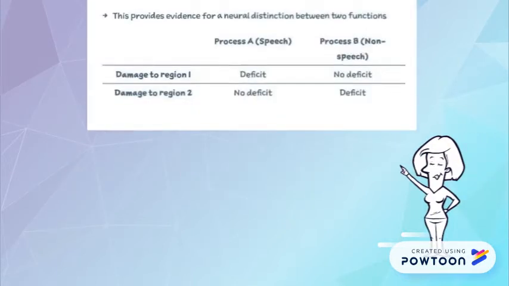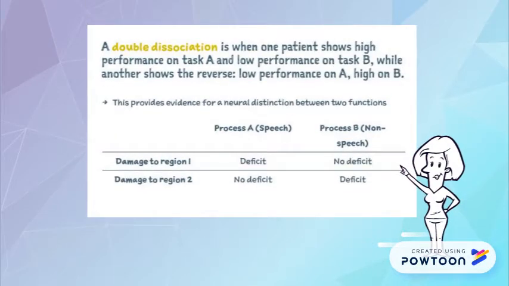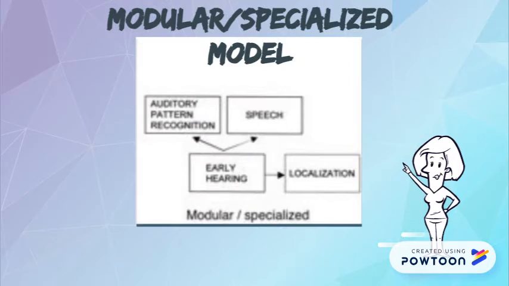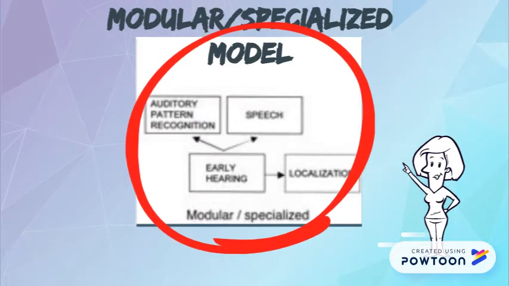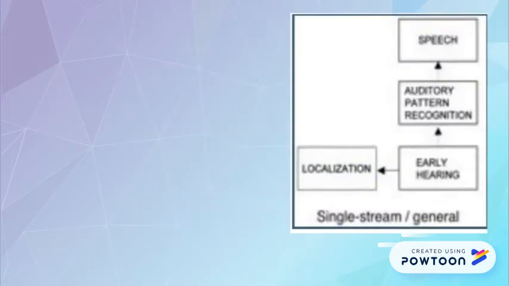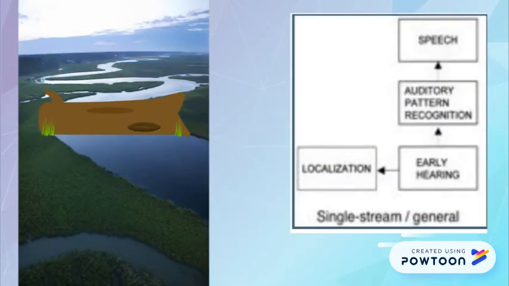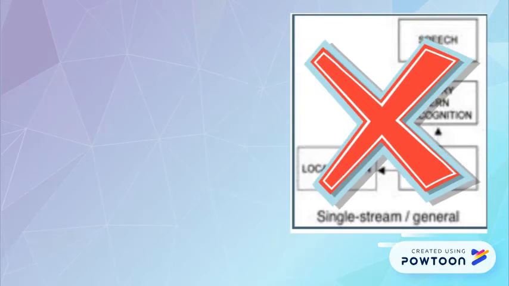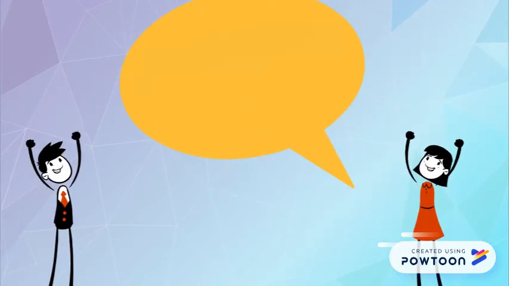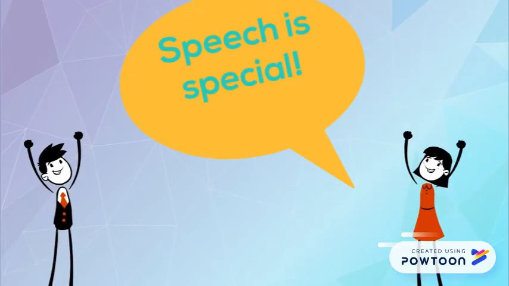This type of split between performance is called a double dissociation and strongly indicates the existence of separate systems. This implicates distinct systems for processing speech sounds and non-speech sounds that can be affected independently of one another. Furthermore, in a single stream model, brain damage that leads to auditory agnosia should also create a dam that prevents the higher level processing by the same system to identify language patterns, which is not the case. These and other data lead us to believe that you have a specialized speech